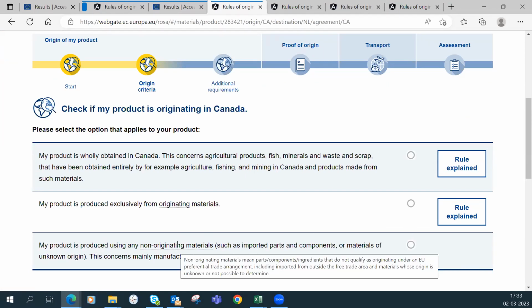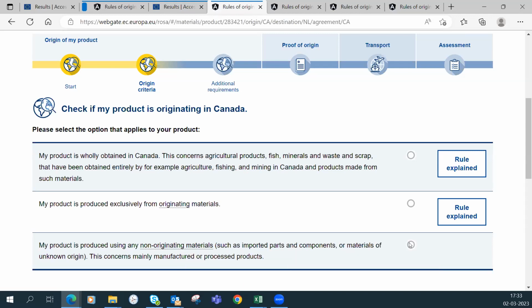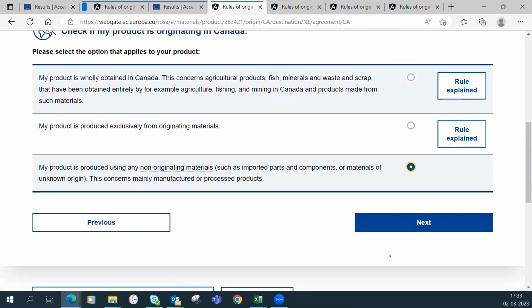That includes products imported from outside the free trade area, or material that you use that comes perhaps from Canada, but whose origin is unknown. You have to consider all these products as non-originating. I am in this scenario.